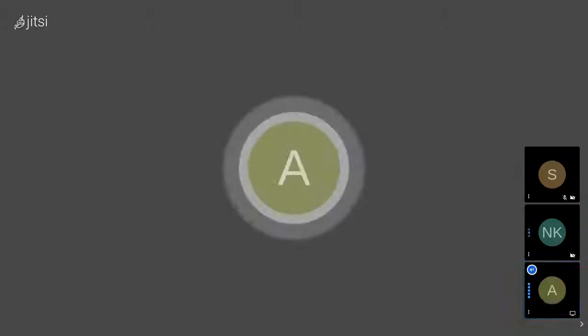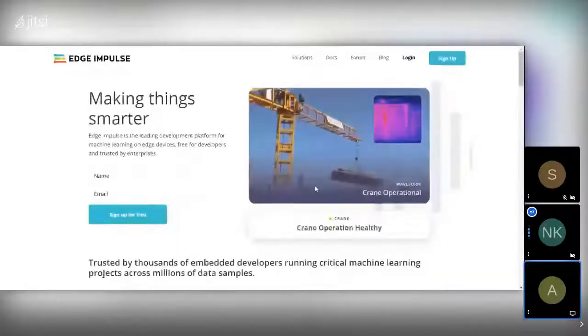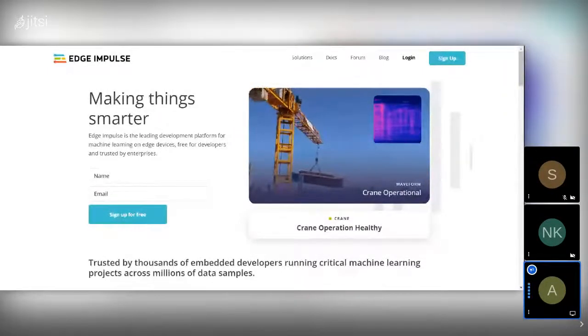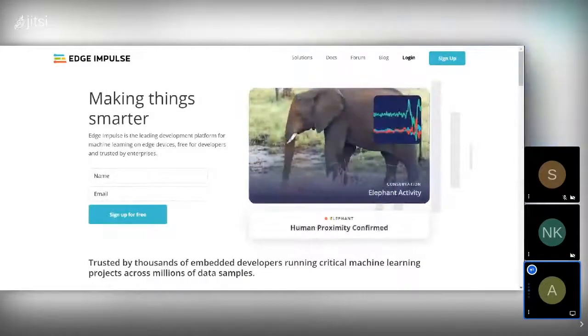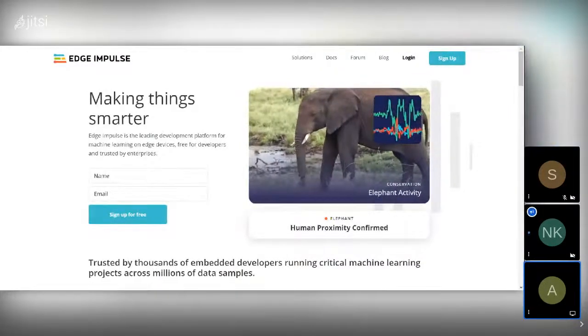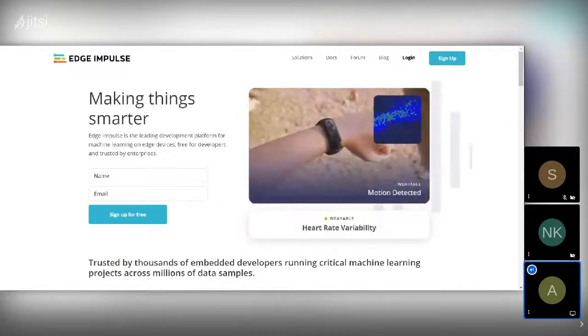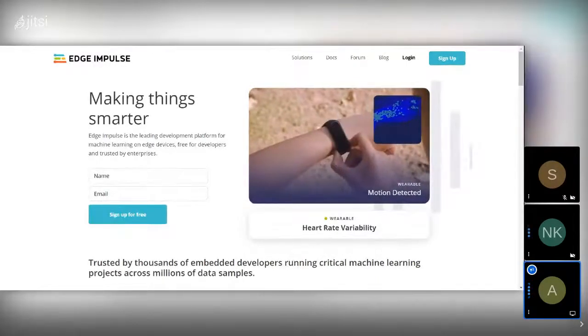Yeah, let me share something with Edge Impulse. Let me take you guys through the basics of Edge Impulse from the starting point. Are you sharing it on Telegram or here? Just tell me once if you guys can see my screen. Yes, I can see it. Can you hear me? Yeah, I can hear you right now.